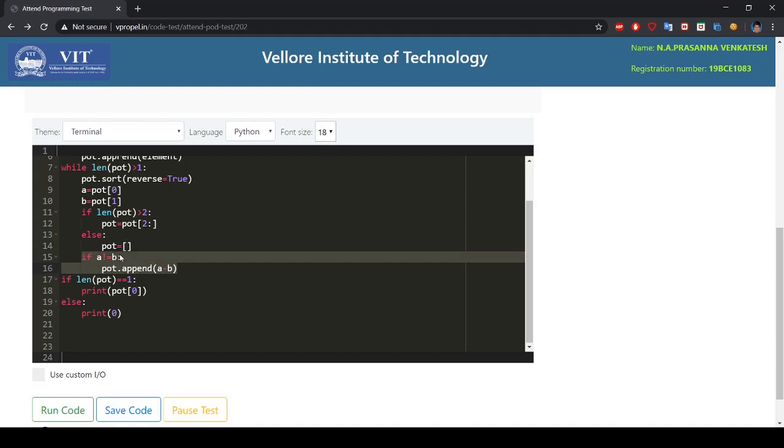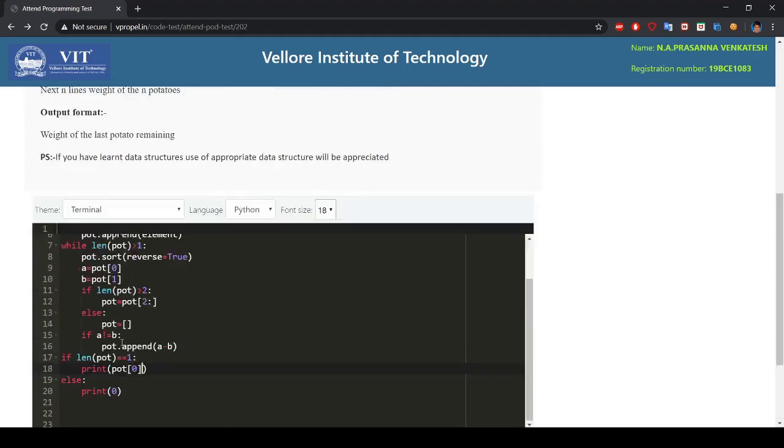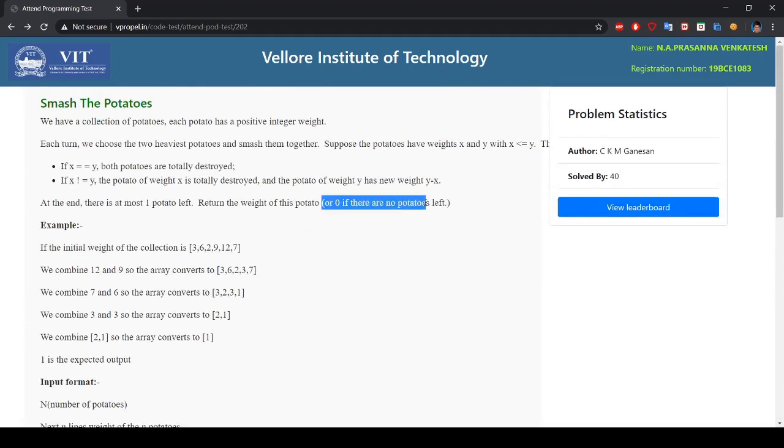If A equals B, we append nothing, because both of them get destroyed. And if the length of the potatoes is equal to 1, only one potato survives, so we print its weight. If none of them survives, we print 0, because it's given over here.